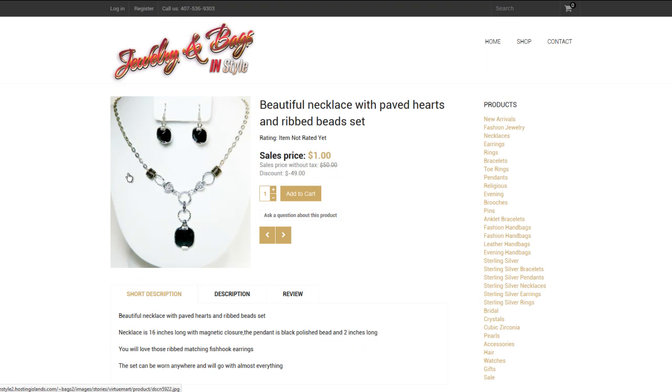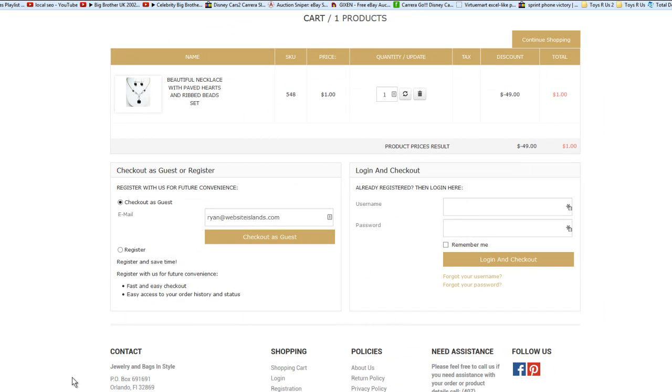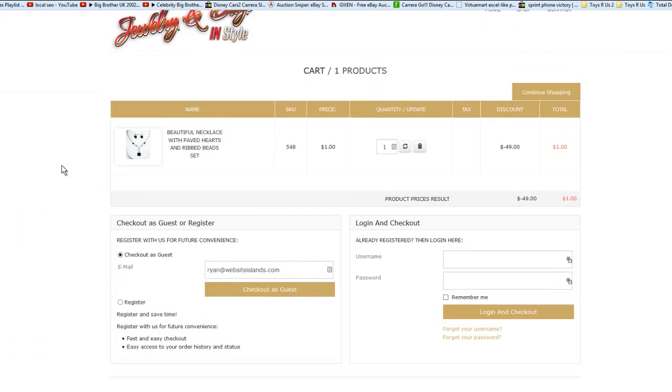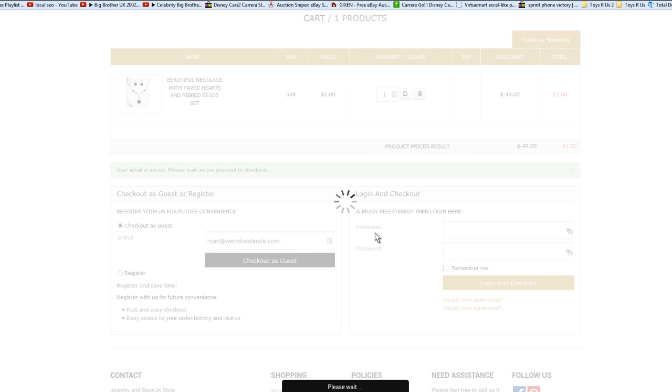we can just add a product to the cart, show the cart. Okay, I've loaded a custom VirtueMart plugin, I think it's called DP One Page Checkout. And so that has a very nice look and very easy feel to it. So if we click, I'm just going to check out as a guest. You encourage them to register to save time, fast and easy checkout, easy to access your order history and status. So that's encouraging them to register, but you can check out as a guest. And then once I click